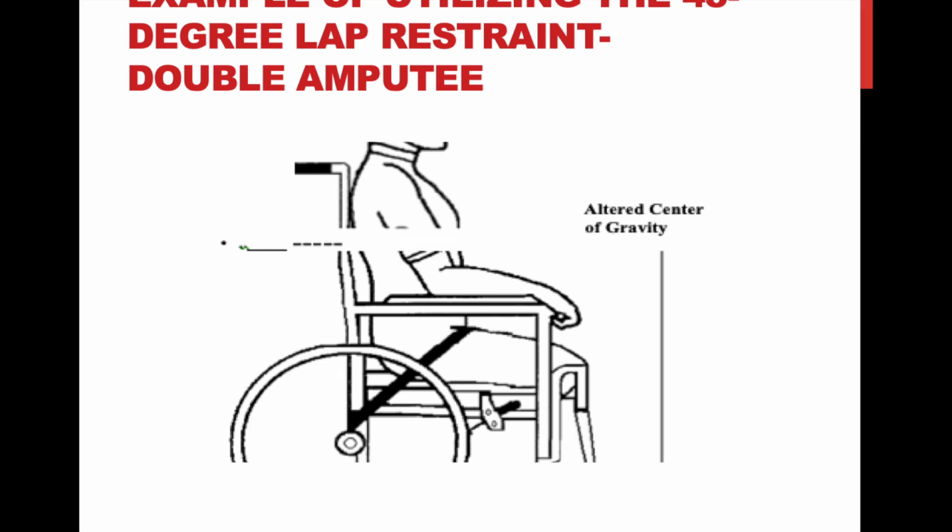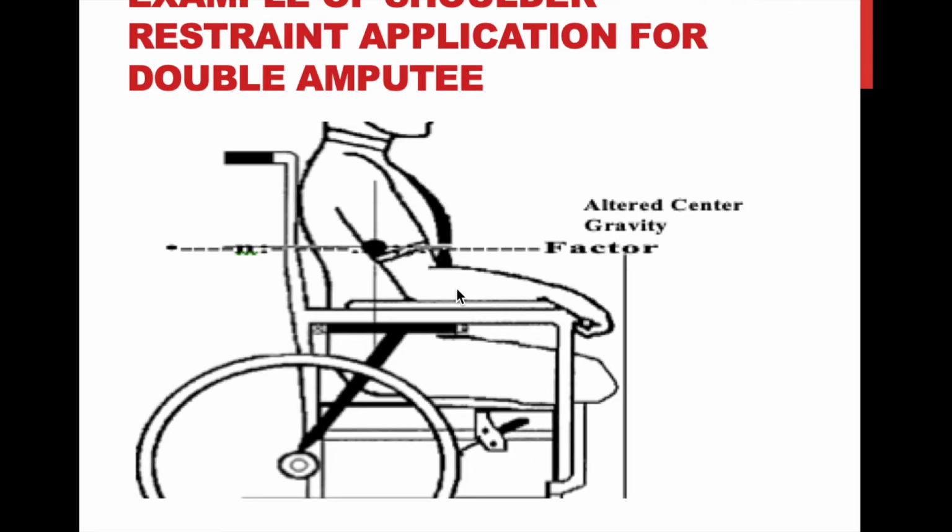So if you have an altered center of gravity, you're no longer looking at your center of gravity being at this belly button level, but we're now looking at it being somewhere across the chest, or right below the chest, across the ribs. So the restraint across the legs may change briefly, but the restraint and the height of the restraint across the shoulder will change quite a bit. So that factor is important to understand. If you can see that that shoulder belt is coming across, and in specific, it's been shortened at a level where it lays on the shoulder and puts a good amount of coverage over the chest.